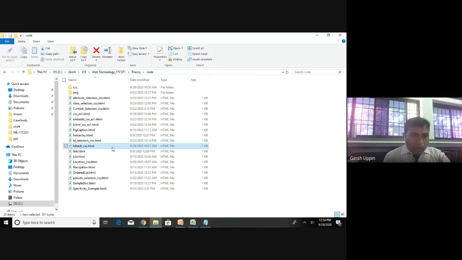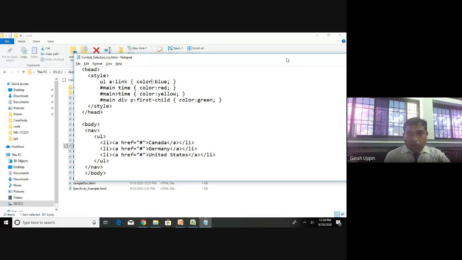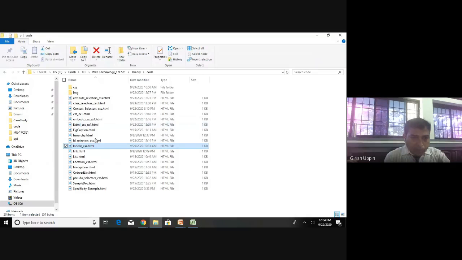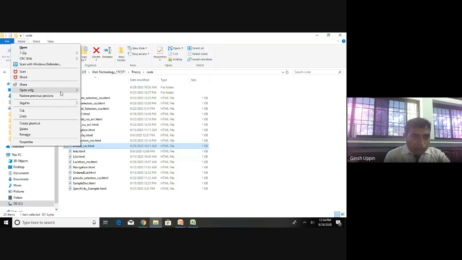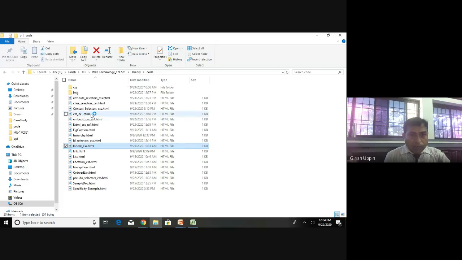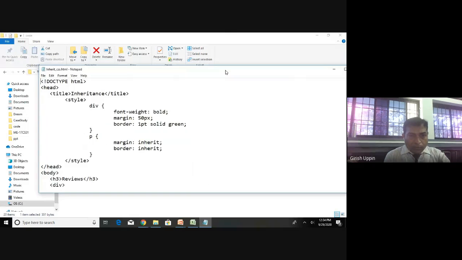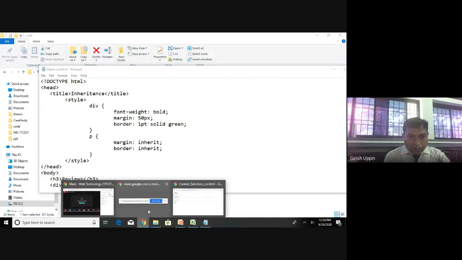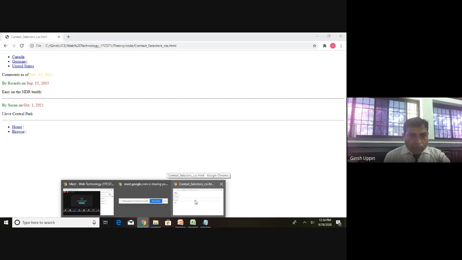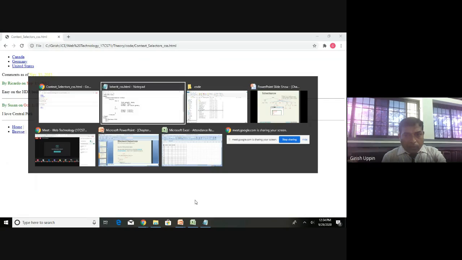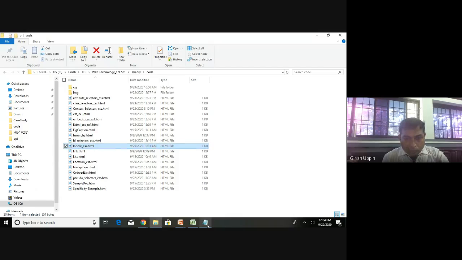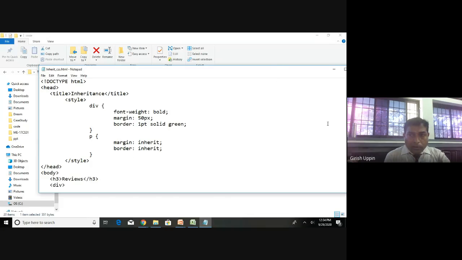I have an inherit underscore css file. I will show the code first. You can see this is simple. This is inherit.